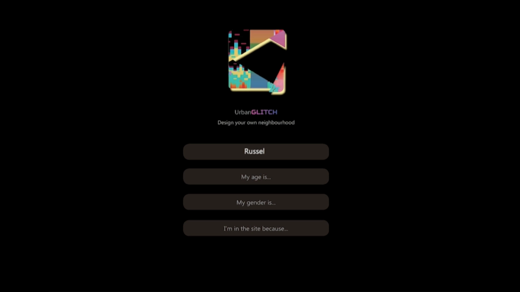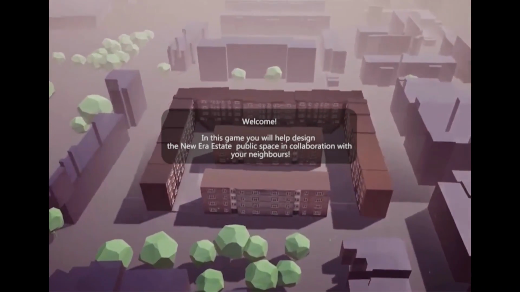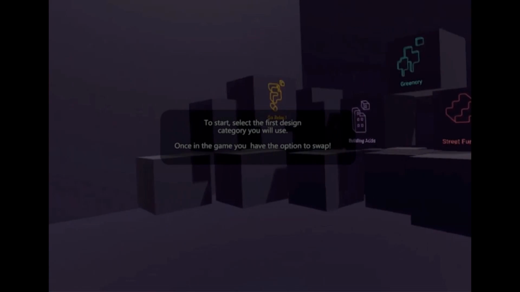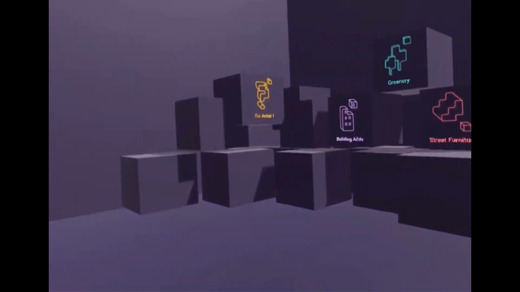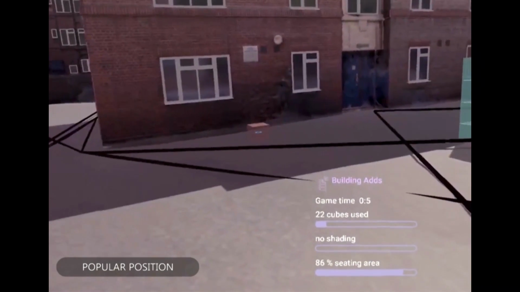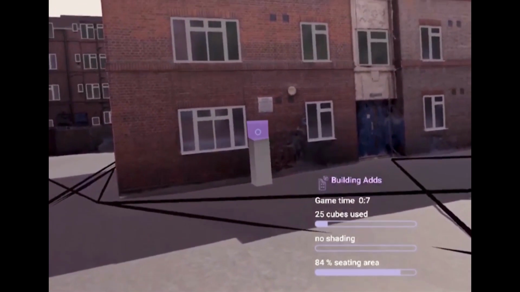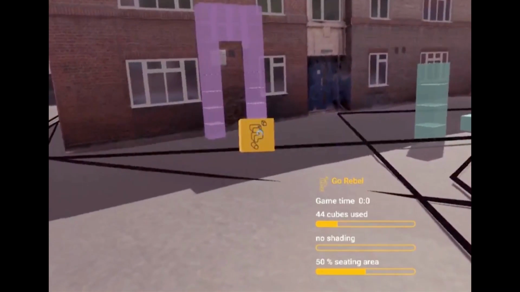So at first, you were just giving some information for yourself as a player, for us to keep some statistics. And then there was this introduction saying what the task of the game is and what you're required to do. You begin by selecting the category you're going to design for, but you're able to change at any minute. Then you're able to navigate through the site. You see the purple are common locations of this category, as I will explain later.